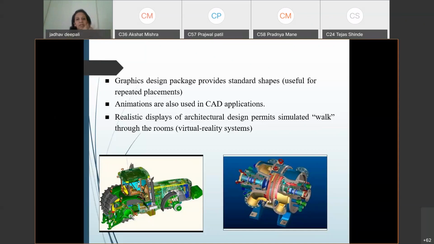This will be the garden. This will be the terrace area. This will be the parking area, and this will be the type of lift which we are going to have. So it shows you, actually it is virtual. It is not available there, but it feels like reality, and that's why it is VR. AR, VR, what we call augmented reality and virtual reality. So virtual reality systems are used in many places, and what it gives you is the feel.